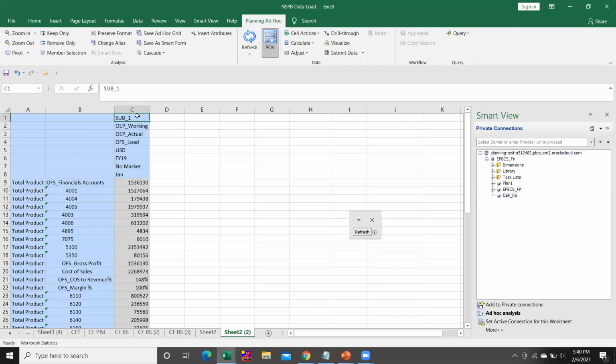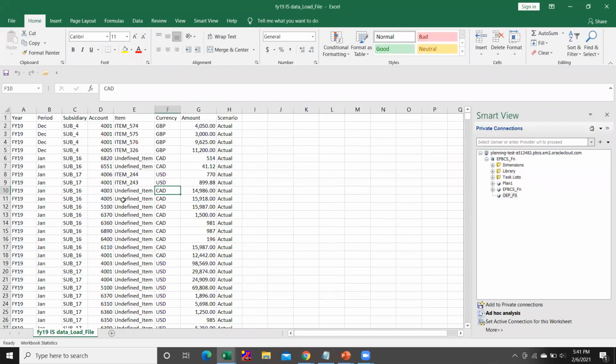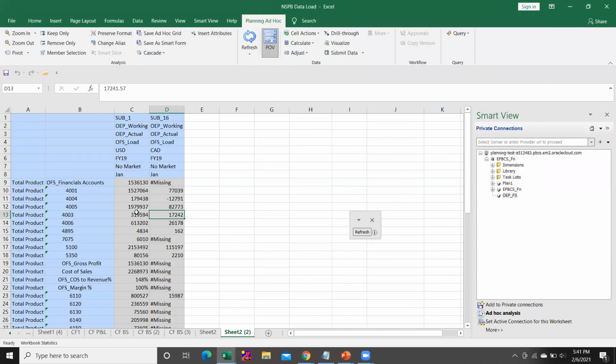So select your entity sub_16, and change the currency to CAD, refresh this. So for 4003 we are getting 17242. The same should be in our file as well for sub_16.